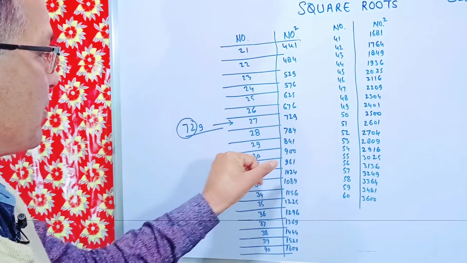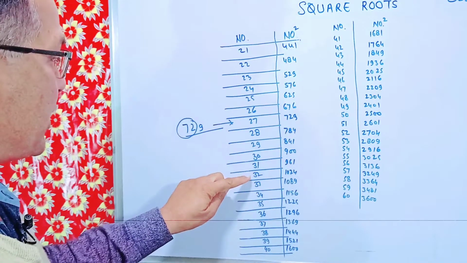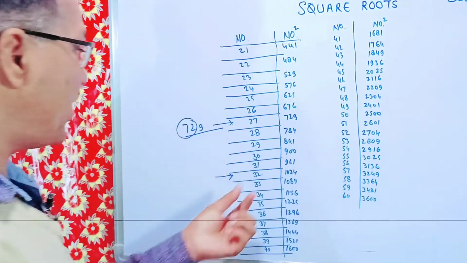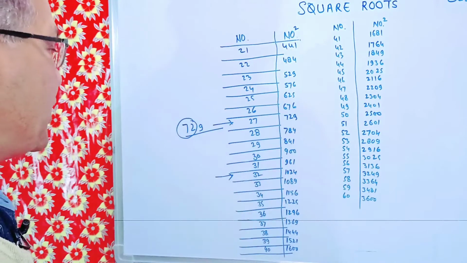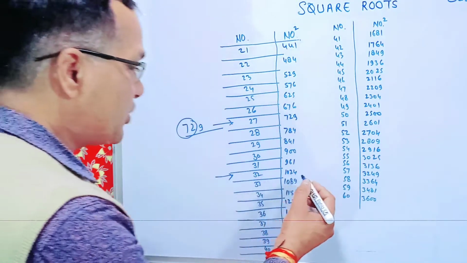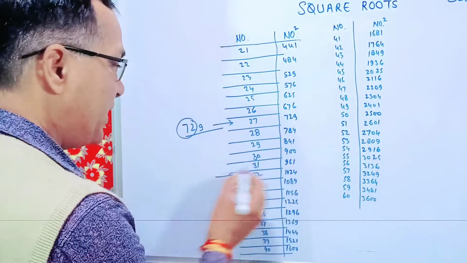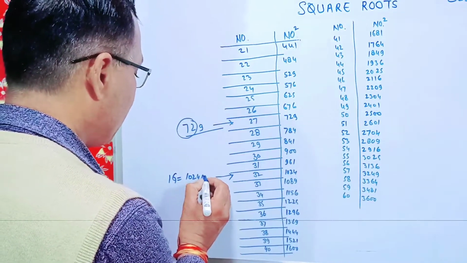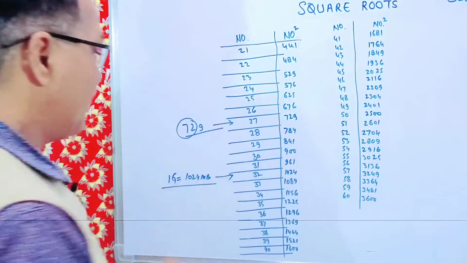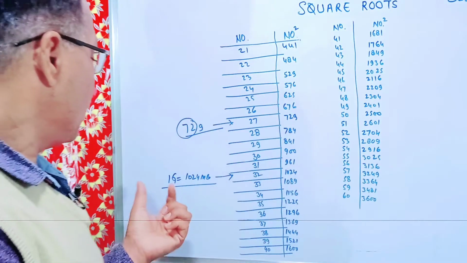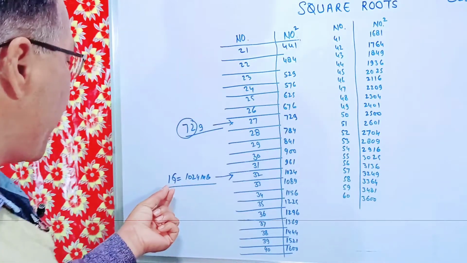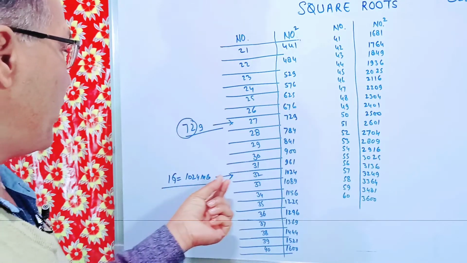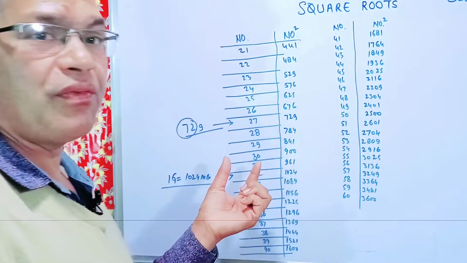square of 31 becomes 961, square of 32 becomes 1024. This is very important. We are very often finding this number 32 and 1024. We find 1 GB equal to 1024 MB. So this becomes a point to give a connectivity: 1024, which we find when we find the square of 32.